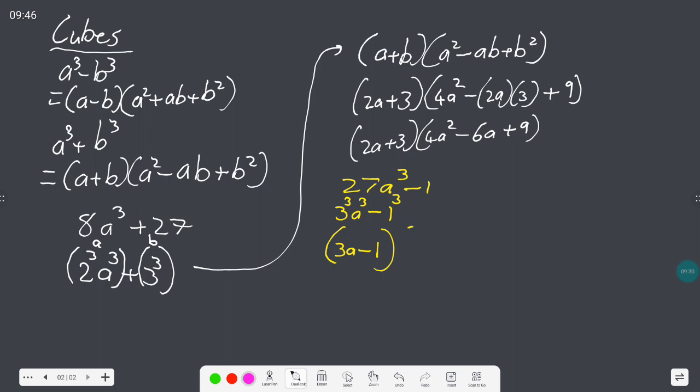Then at the end of the day, in my next bracket, I will have 3 squared. What will be 3 squared? 9. 9a squared plus 3a times 1, which is 3a, plus 1 squared is 1. And this is if we have to factorize. Okay. Now,